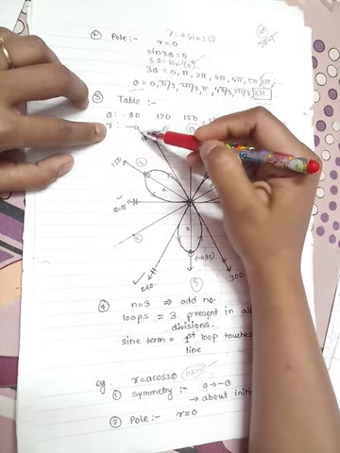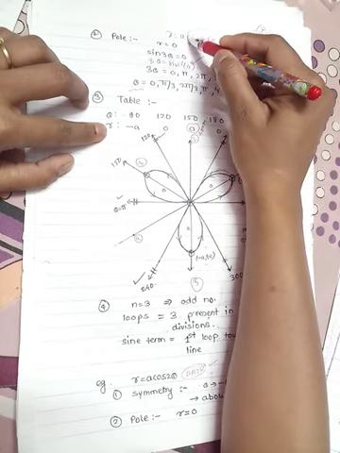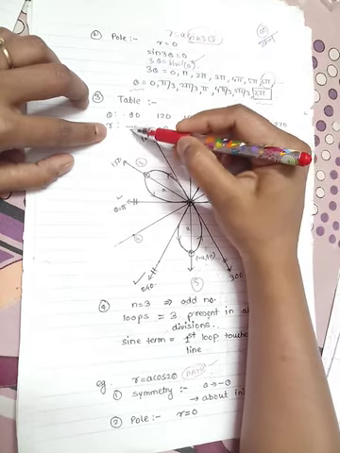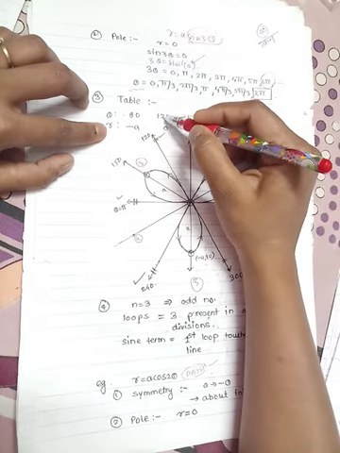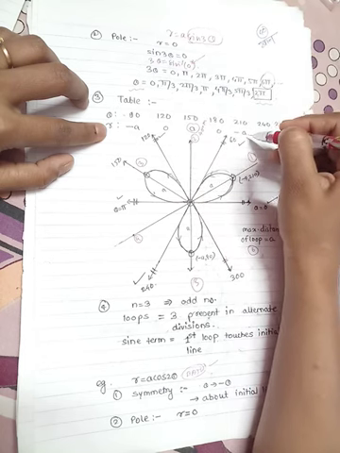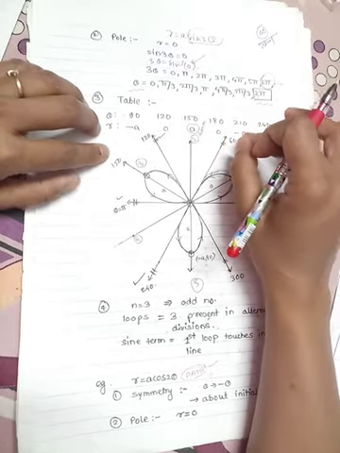So we get r equal to minus a. On calci, do the calculation of sine 3 theta only and write this a as it is. So we get sine 3 theta is minus 1, so minus a. At 120 it is 0, at 150 it is a, at 180 it is 0, at 210 minus a, at 240 it is 0, at 270 it is a. Prepare this table.